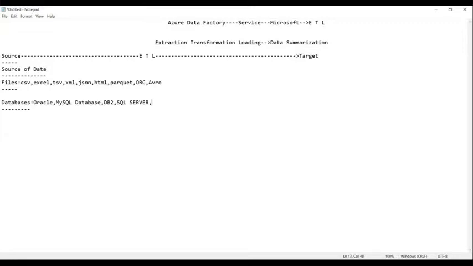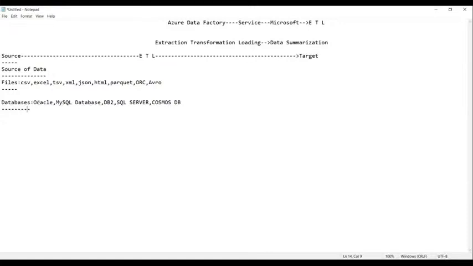Cosmos DB is basically cloud based. Then Snowflake. All these are the databases we can have. So that means we can get the data even from the databases.